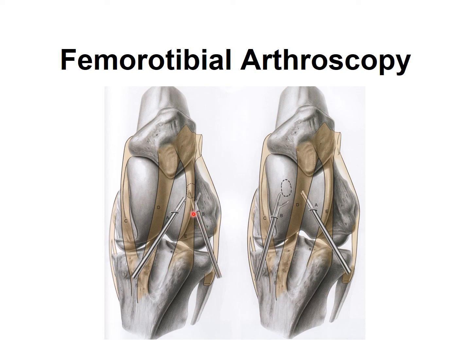We call that a Ferris-Smith forceps. We put it between the collateral and the lateral patellary ligaments. So this will get to the lateral compartment of the femorotibial joint,